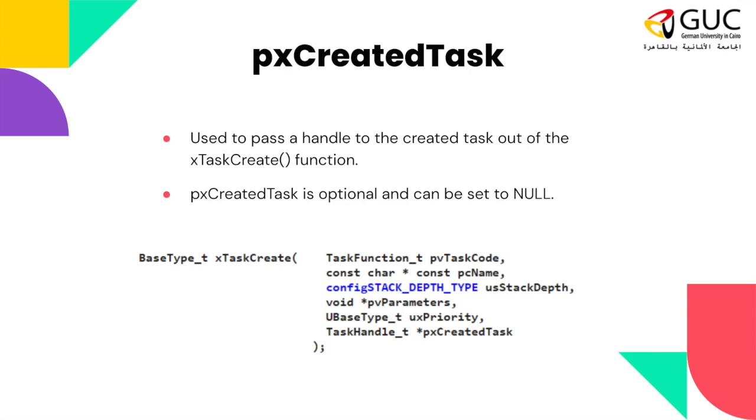Okay, we call it a handle, but it's like a variable name. So when you want to actually point to the created task, you point to it through this handle, because as I told you, we create tasks using the xTaskCreate function. I may have implemented some functions or methods in my code, but to transform them into tasks, we use task_create. And a function or a method in my code can be used by multiple tasks, like